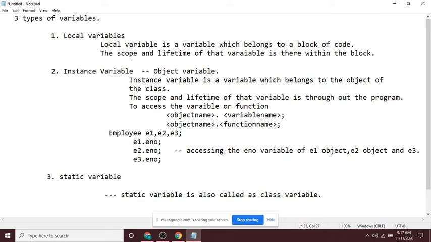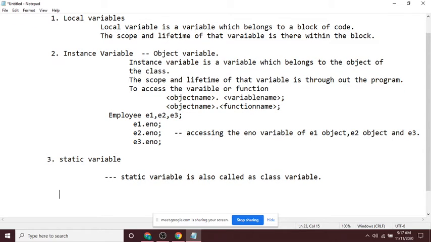So a static variable or class variable belongs to the class and not the object.